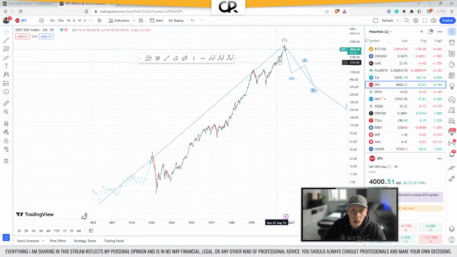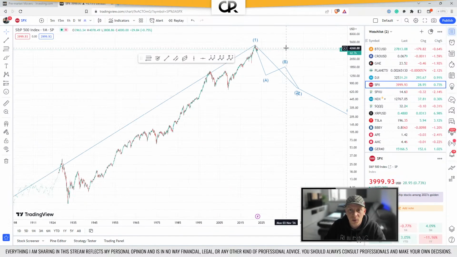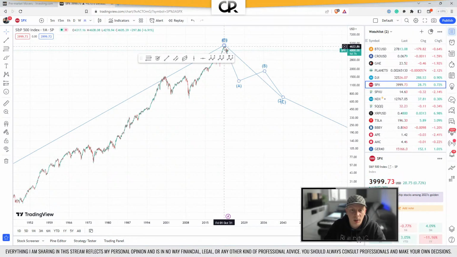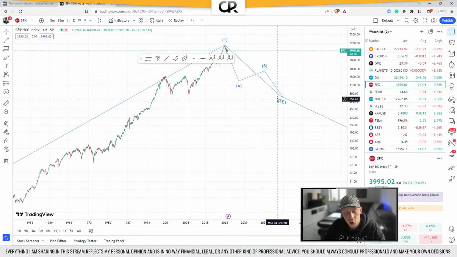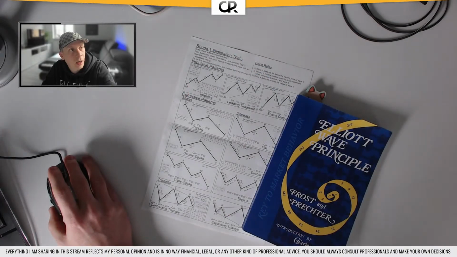So we are actually more looking at this part here, which means we're expecting a wave 2 that corrects all of this, which means we're expecting not just a correction till here, but a bigger one, which brings us probably here. Which also means that everything that's happening since October 21, or whenever we had the latest all-time high, is basically just a tiny fraction of what will make up the corrective pattern that gets us down here, which if we quickly switch to the desk cam